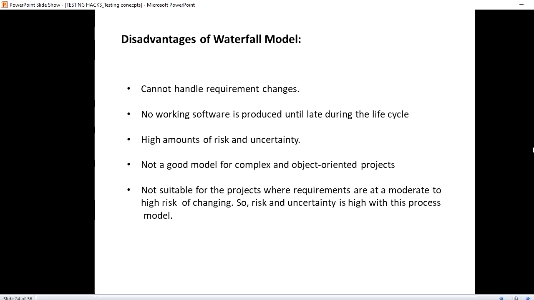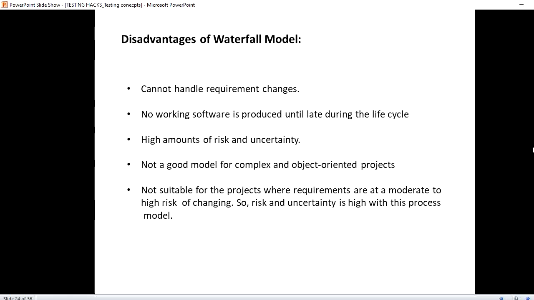Suppose it is a long term project, or a short term but fairly large project. If the client needs requirement changes, we cannot handle them. That is why it is risky to use this process. It is not a good model for complex and object oriented projects, and not suitable for projects where requirements have a moderate to high risk of changing. So the risk and uncertainty is high with this model.